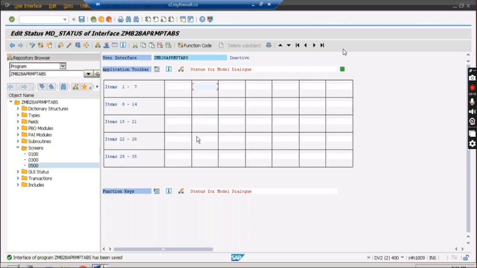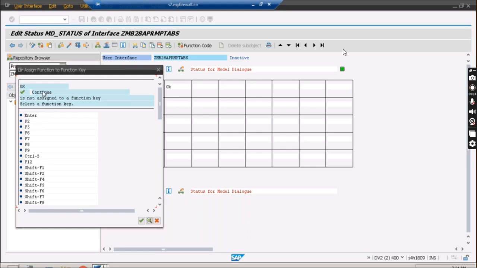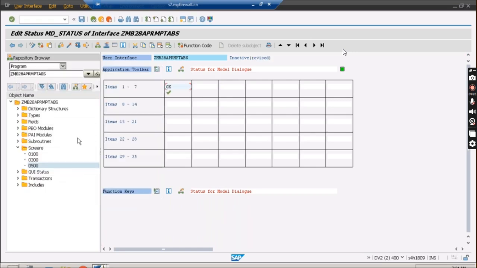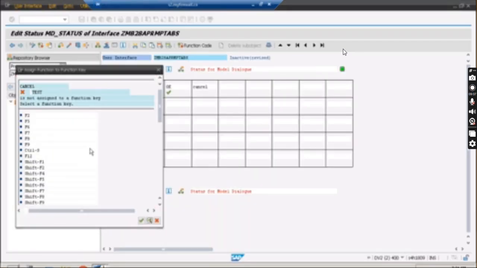Oh, everything is gone. Okay, let me give once again this OK button over here. Continue, we have given. Enter, I'm going to assign the enter, and here cancel. For the cancel, it's telling to assign some function key.